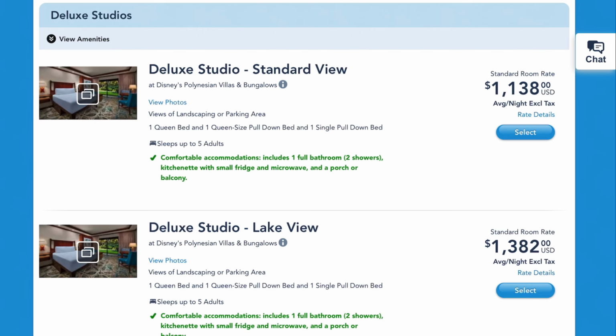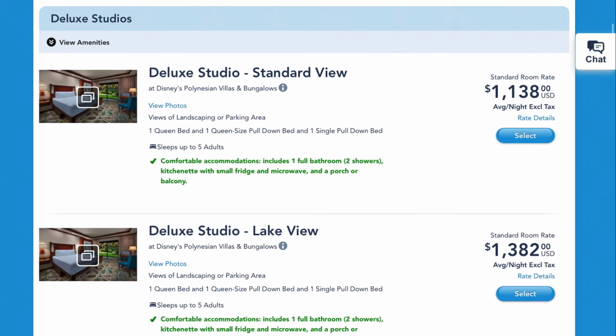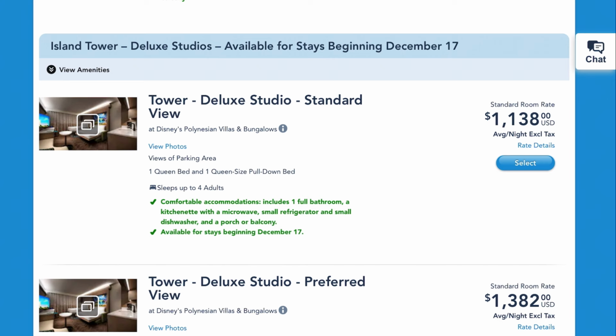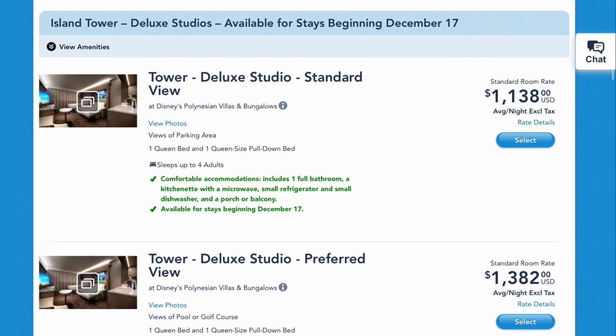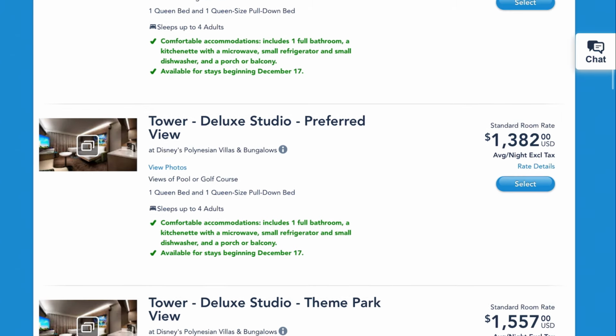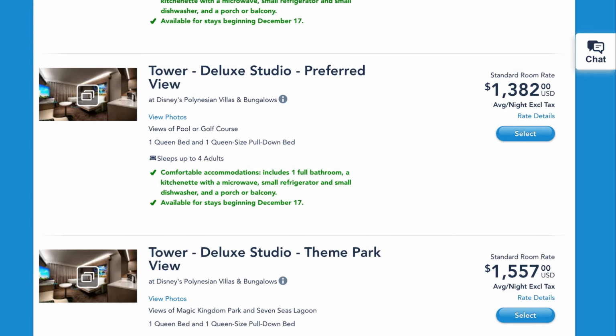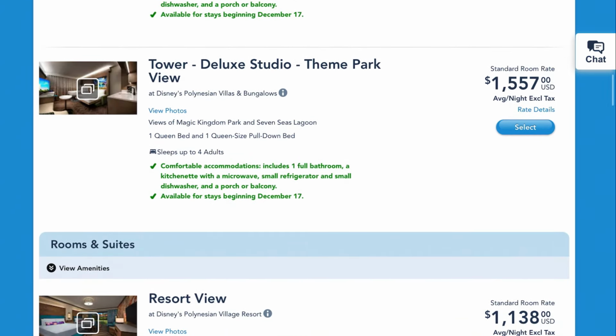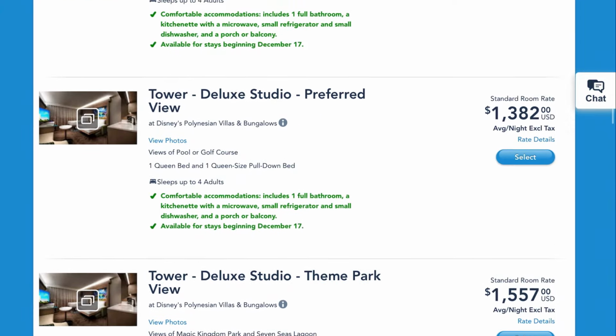So the deluxe studio, the classic studio, Polynesian, $11.38. And then if you go to the tower deluxe studio, also $11.38. So I expect the points to be the same to stay here, from the classic studios to these tower studios. And then you see the preferred view, $13.82, which is also the same price as a lagoon view on the current studios. And then a theme park view, $15.57. So yeah,